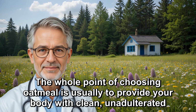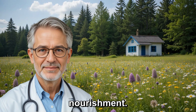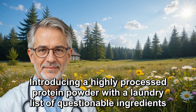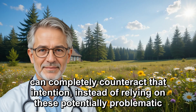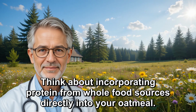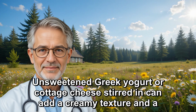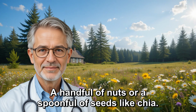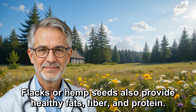The whole point of choosing oatmeal is usually to provide your body with clean, unadulterated nourishment. Introducing a highly processed protein powder with a laundry list of questionable ingredients can completely counteract that intention. Instead of relying on these potentially problematic powders, think about incorporating protein from whole food sources directly into your oatmeal. A scoop of plain, unsweetened Greek yogurt or cottage cheese stirred in can add a creamy texture and a significant protein boost. A handful of nuts or a spoonful of seeds like chia, flax, or hemp seeds also provide healthy